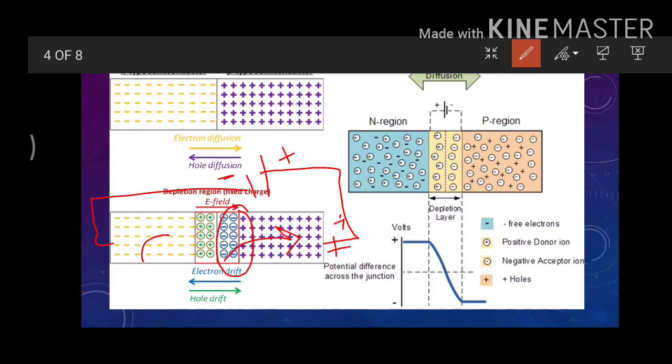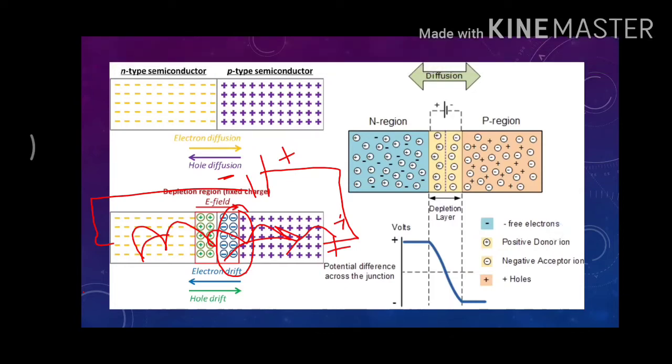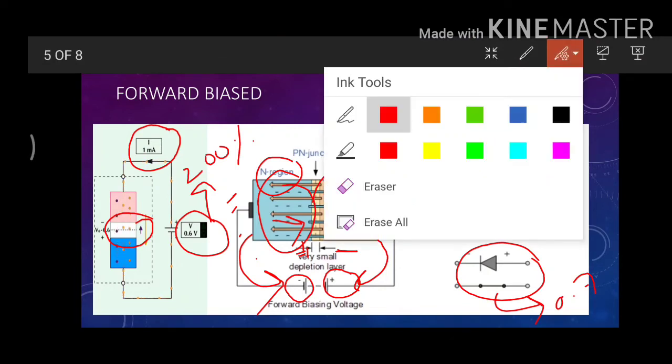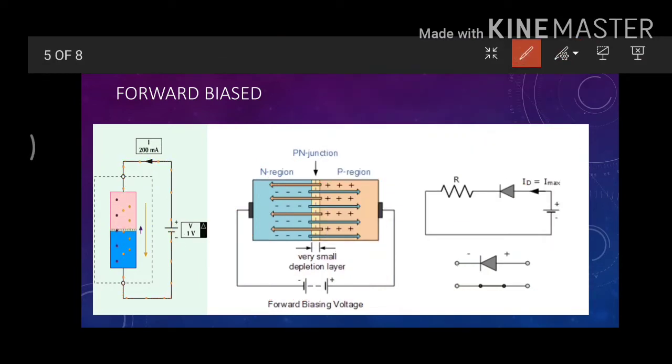So this again starts happening, that electron jumps from here to here, then here, and in this way current starts flowing. So whenever we connect a diode in forward bias condition, the biasing of the supply knocks out the electron from the ions, hence reducing the depletion region and also giving the power to electrons to move from n type to p type and complete the circuit, and hence do the conduction.